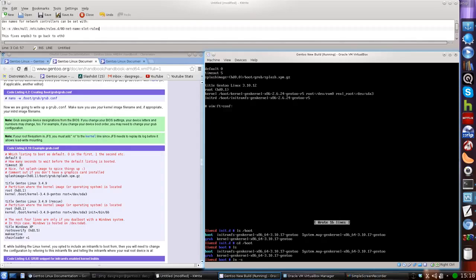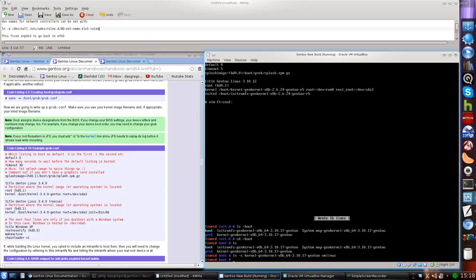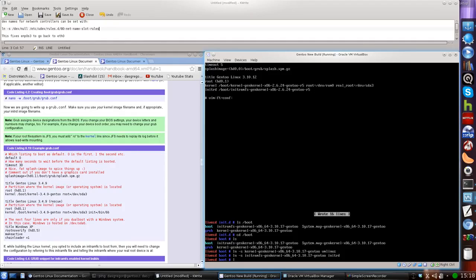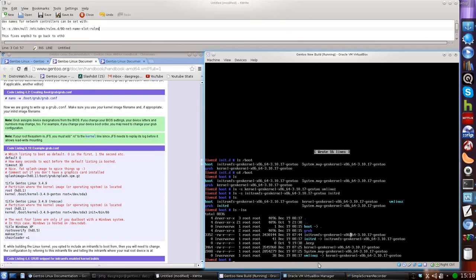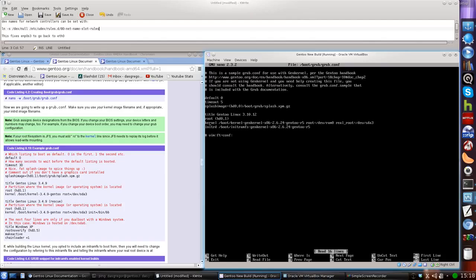If you do an ln -s, symbolic link, for, say, the kernel, and we call it vmlinux because that's what I'm used to calling it, we do the same thing, -s for the init, and I call it initrd. Do an ls. Now we've got two simple shortcuts, and if we do an ls -la, we'll see that initrd is pointing to the initramfs and vmlinux is pointing to the kernel. That makes it a lot easier when we're editing our boot menu. So we go back into nano /boot/grub/grub.conf, and we can get rid of this long string and call it vmlinux. Now our real root is sda2, so we'll change that,